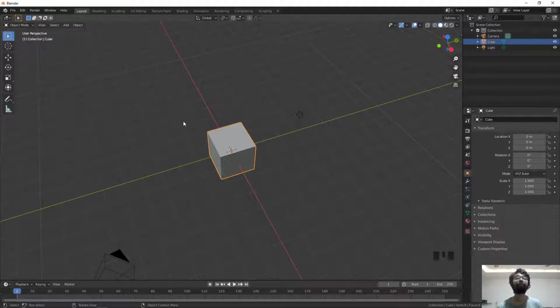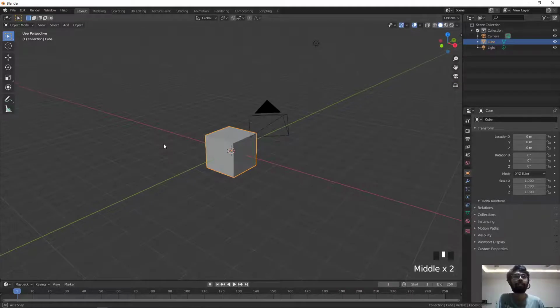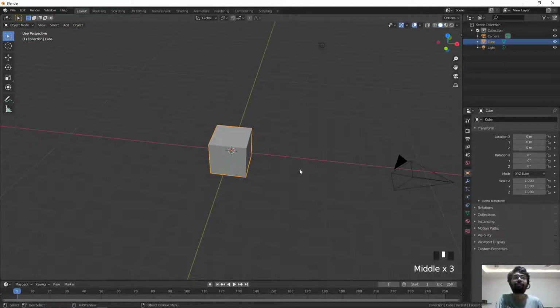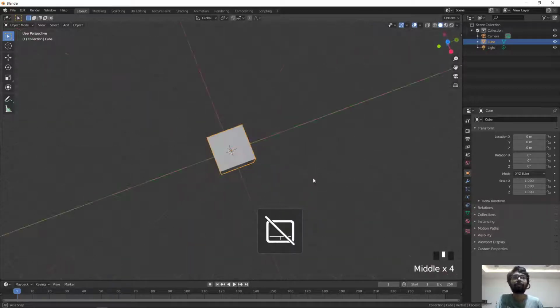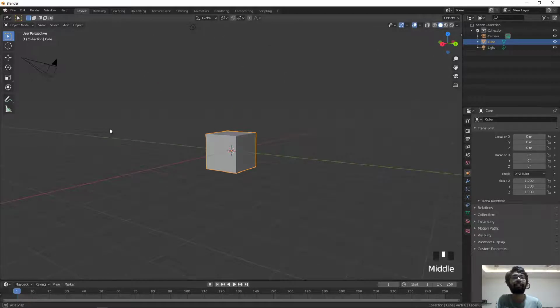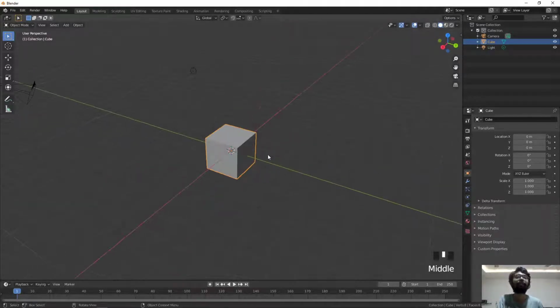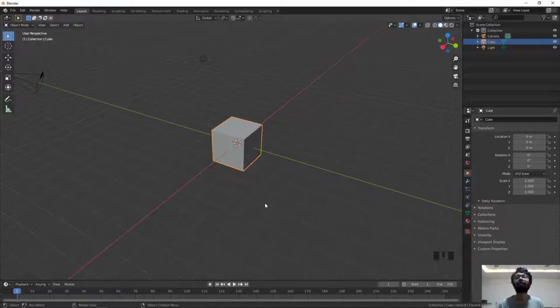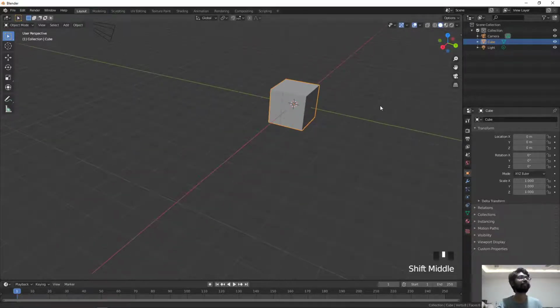You better get a mouse for this, because on a laptop it gets very difficult. When you press the middle mouse button and move your mouse while holding it, you will circulate in your viewport. Secondly, if you want to pan in your viewport, you can do it either with this hand, okay, this is pan, or else you can press Shift and the middle mouse button to pan in this viewport.